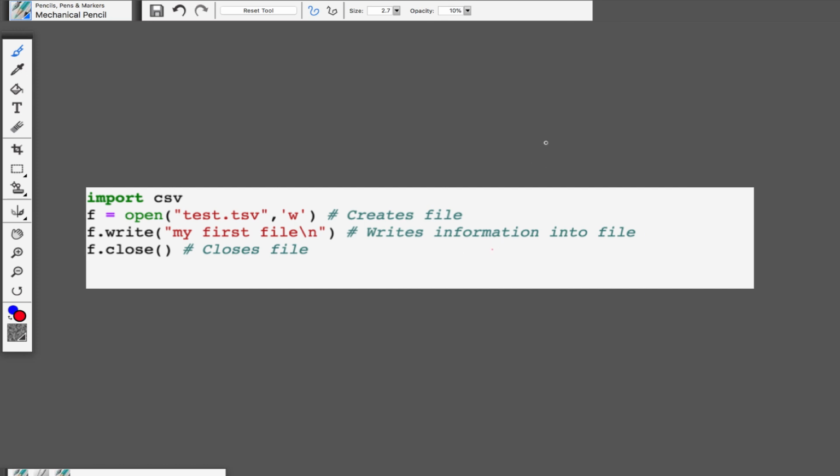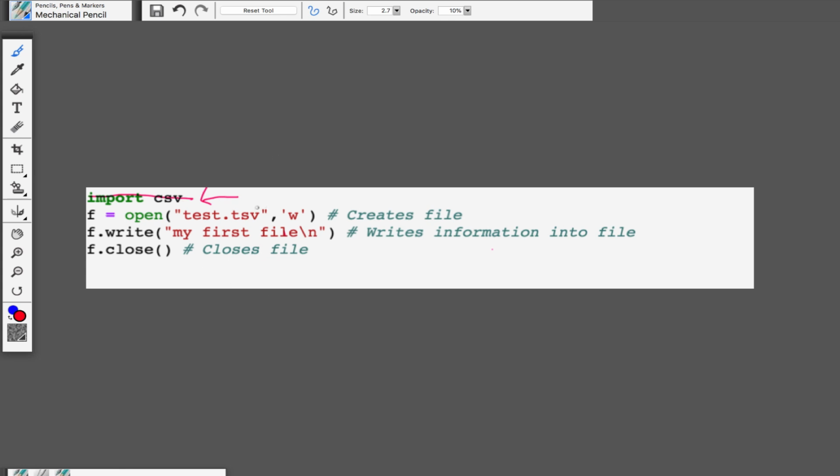Okay, we have a very simple syntax section for this class because we are just going to show you the process of writing, opening, and closing a file. And then the rest of it is more like tricks of the trade in between. So I do have the import csv package here. You don't need that for writing. However, we're going to be using it a little bit in our